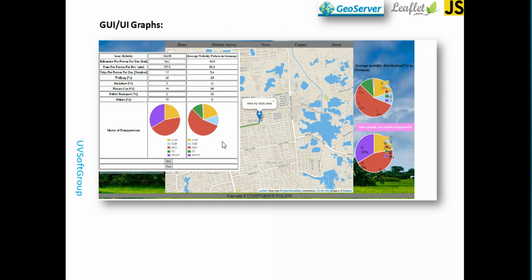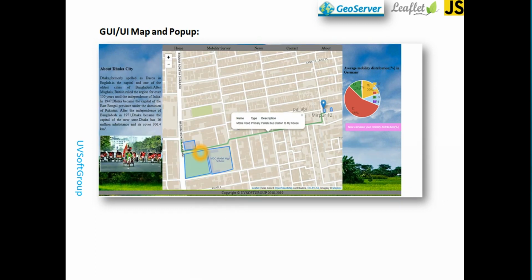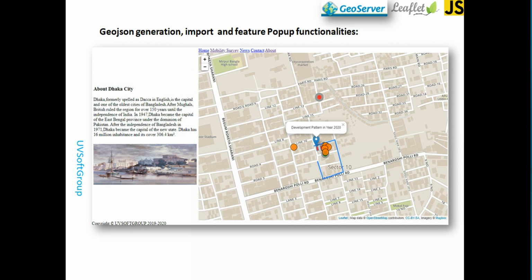How can you do that? This is one of the graph calculations, the survey calculation results. This is really more professional to do, but if you get it clearly, I believe you can get a clear picture of that. So that's the continuation, the other pop-up, and this is one of the key parts I try to discuss today. Here, if you see the picture with the title, how can you generate GeoJSON?